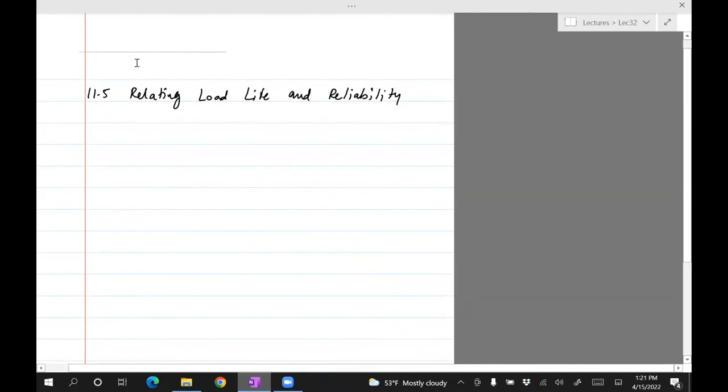So, relating load, life, and reliability. Okay, so what we've done so far. So far, we have at 90%